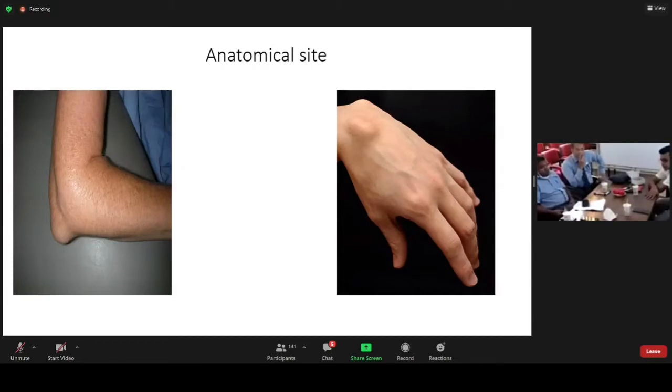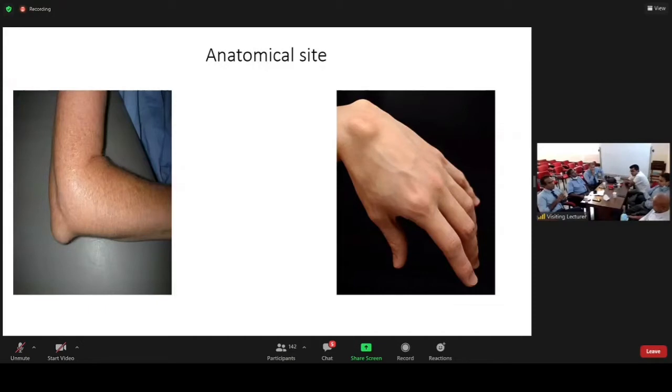Both of us know, the student also knows, sometimes what the final diagnosis is. As you can see here on the right side, most of us will know what the diagnosis is, but we want to see whether you have the clinical skills to elicit the clinical signs and confirm your diagnosis. Final diagnosis might come from FNAC or MRI scan or ultrasound, but if you can make a clinical diagnosis, you should be able to elicit these clinical signs. The other thing I tell the students is, imagine you're describing this lesion to your consultant over the phone, and the consultant should be able to come to a diagnosis. If you practice like that, it's very easy.